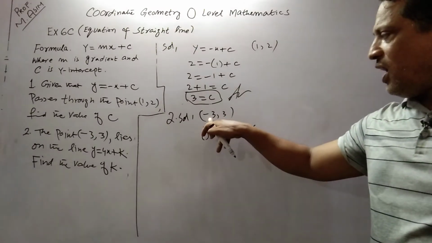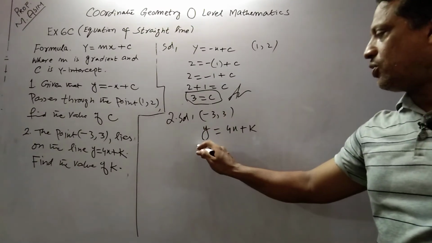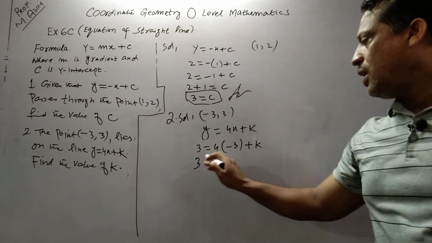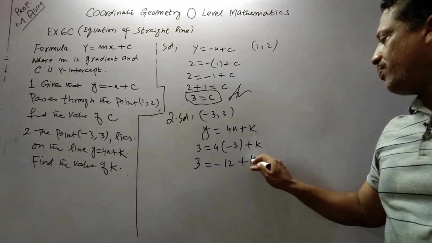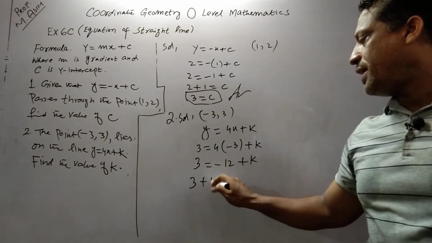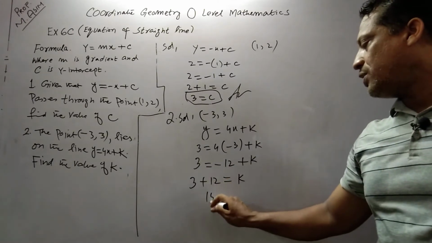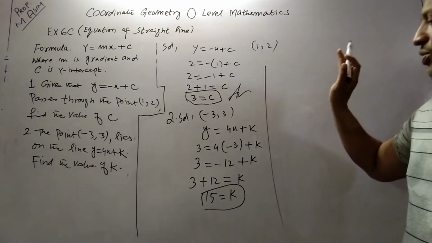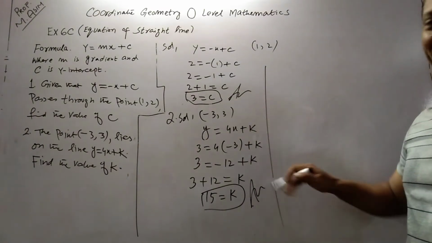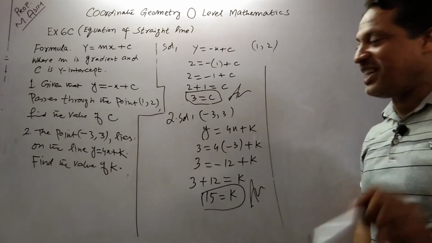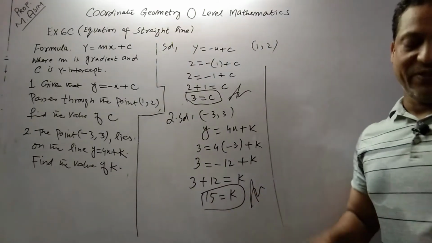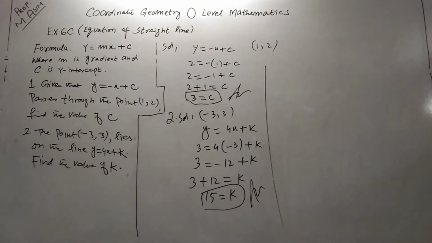So put this minus 3 where you see x and put 3 in y. So 3 is equals to 4 into minus 3 plus k. 4 threes are minus 12 plus k. Shift this minus 12 to this side. 12 plus 3 is 15 is equals to k. Put y is equals to, oh sorry, no need to put, because the requirement is not to write the equation of a straight line. The requirement is only to write the value of k. So your value of k is 15. This is our final answer. I hope you understand. So never put this value of k in the straight line.